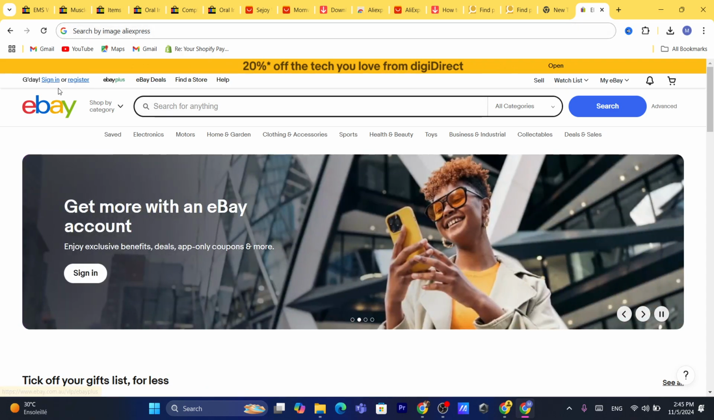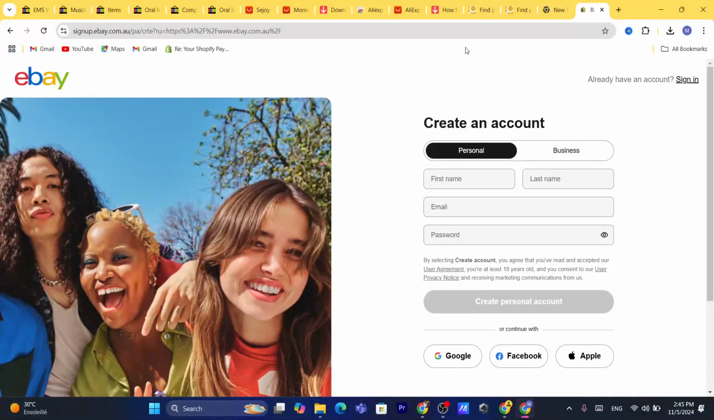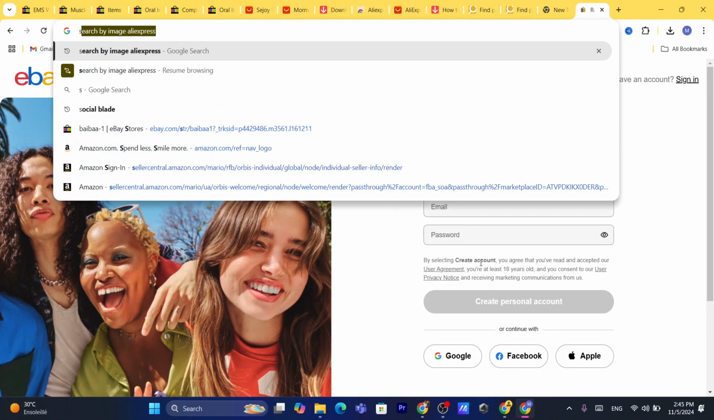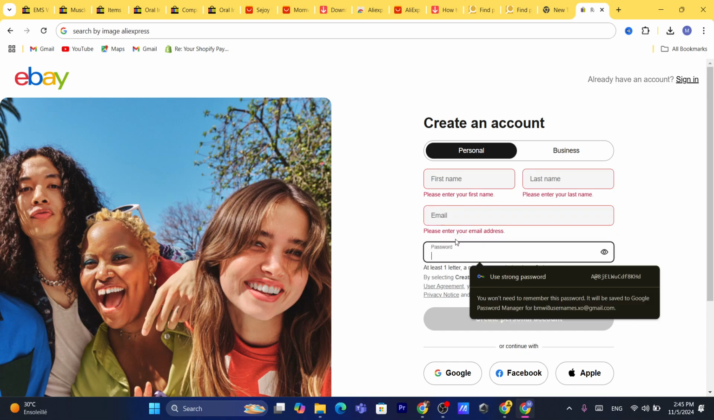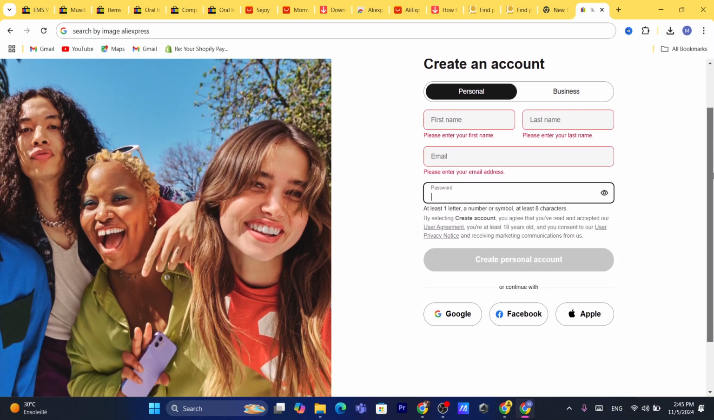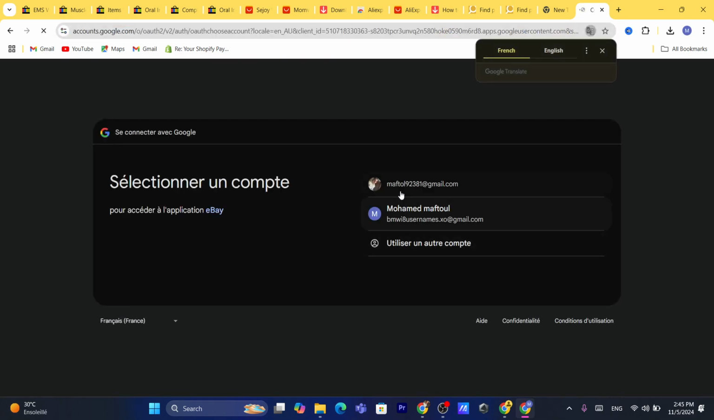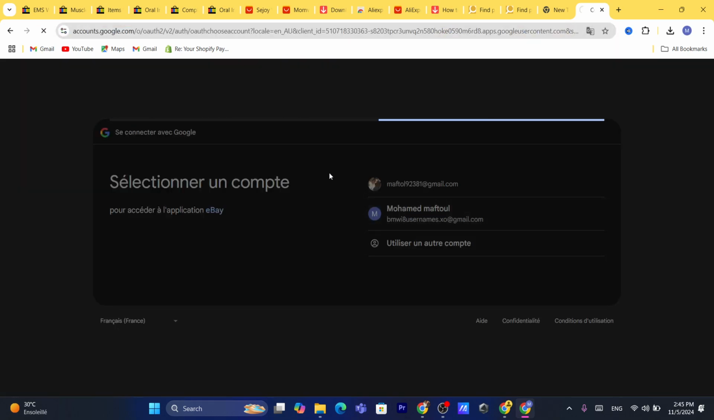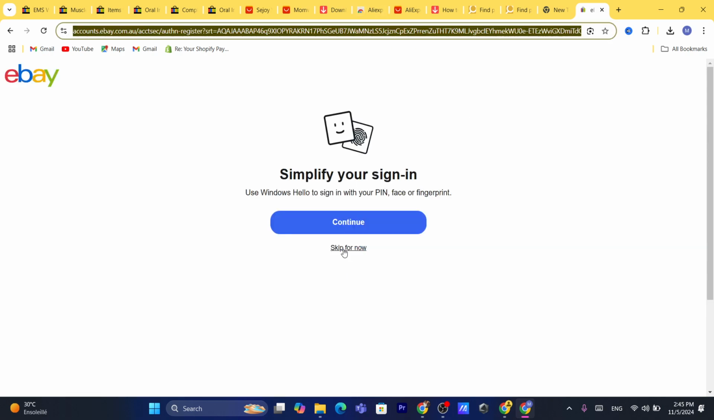So first thing you need to do, guys, you want to click here on register, and after you click on register, you want to add your personal information like your first name, last name, email address, the passwords. You can also continue with Google if you want. You can just create an account with Google. Just click here. Okay, it shows your Google account, and that's exactly, guys, how you can create your